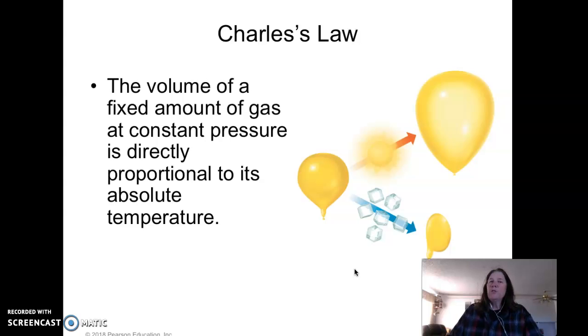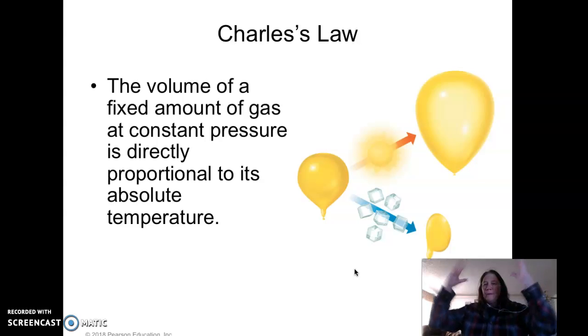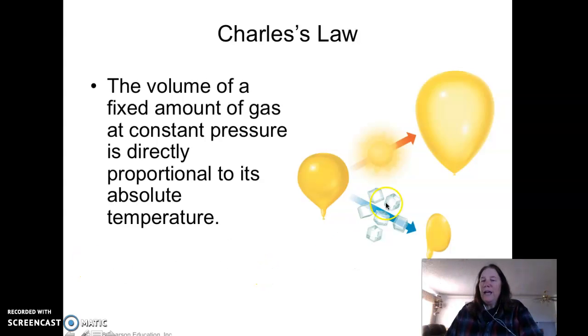Okay, Charles' law says that the volume is directly proportional to the temperature. And again, think of a balloon. You ever gone by one of those Mylar balloons in the winter time and they pump it up for you and you take it outside and it gets small, it squishes up, and then you bring it in the house and poof, it pumps back up again. Okay, so when it's outside and it's cooler, it gets smaller. So as you cool it down, its volume also decreases. But when you increase its temperature, its volume increases.